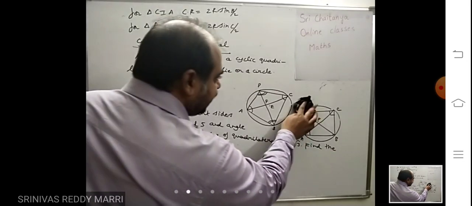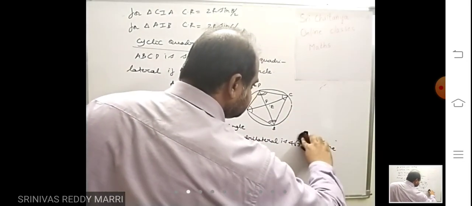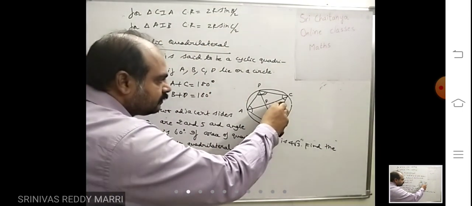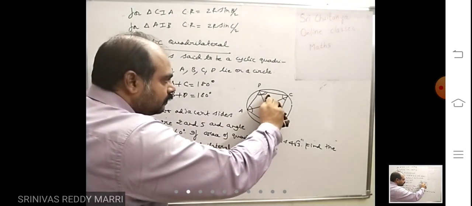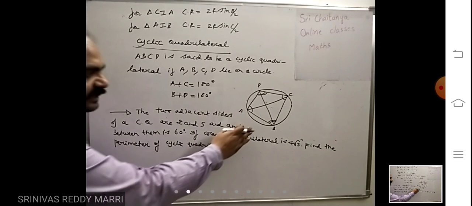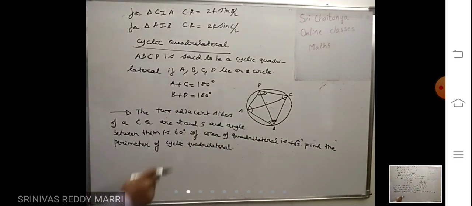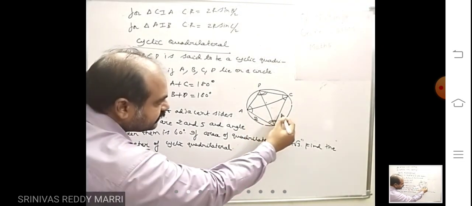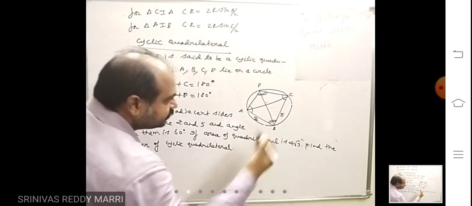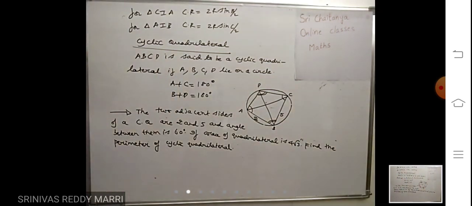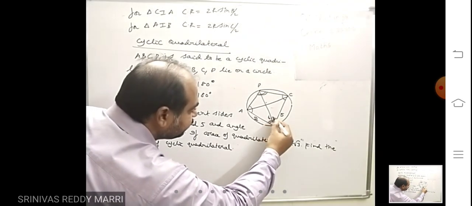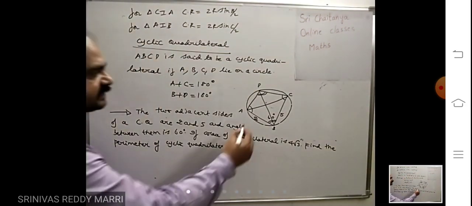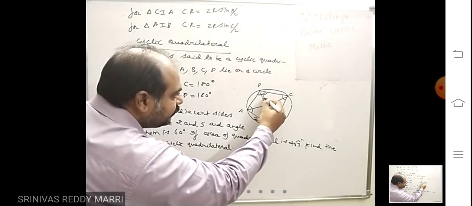Now here the diagram is there. Let us consider this diagram only, the cyclic quadrilateral ABCD. Now look at here. Two sides are given, an easy application. This is 2 and that is 5, let us say. And the angle between them is given. This is 60 degrees. So if this is 60 degrees, this angle will be 120 degrees.